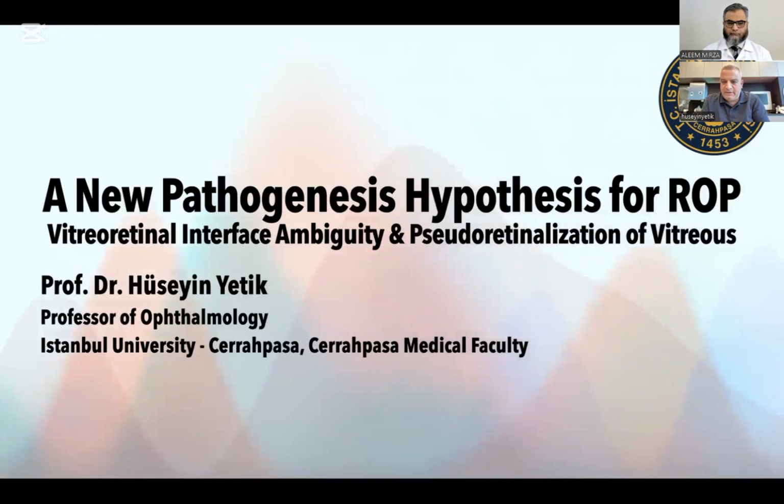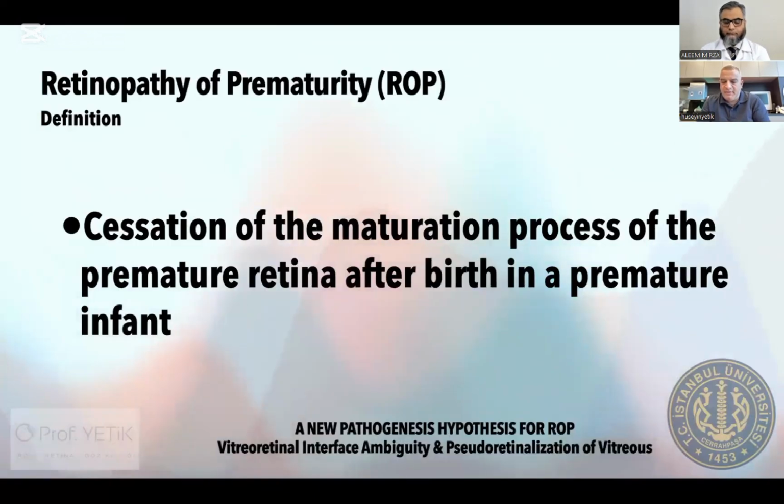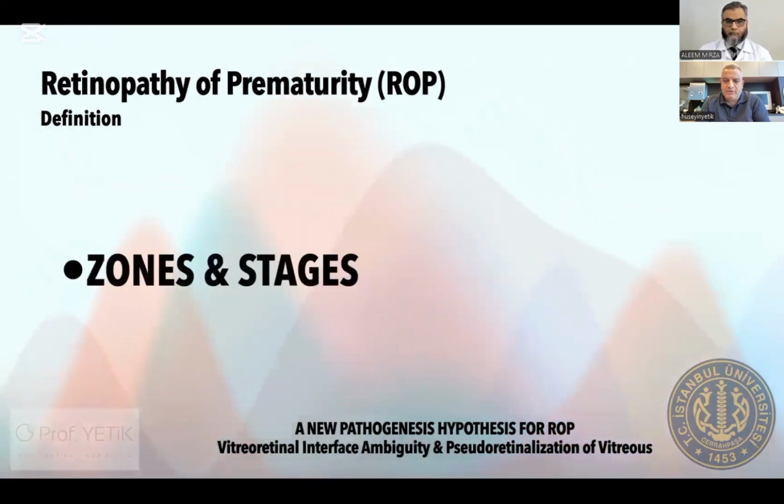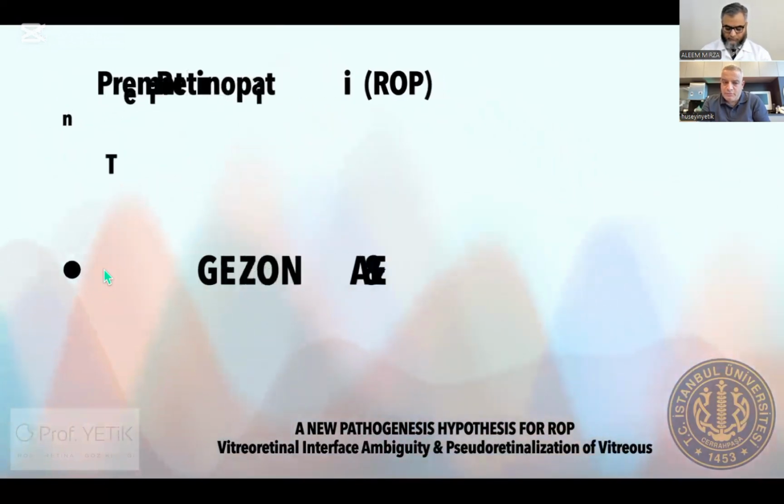As you explained in the beginning, retinopathy of prematurity is really a very important issue. I think there's no need to explain the disease; it's a cessation of the maturation process. Is there a need to explain the stages and zones? I'm not sure, but